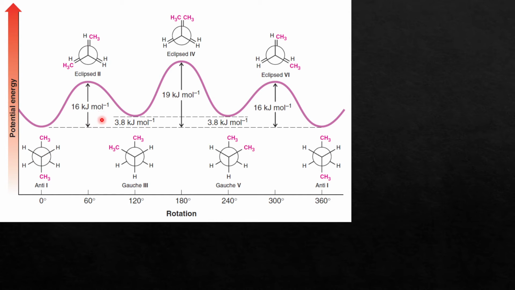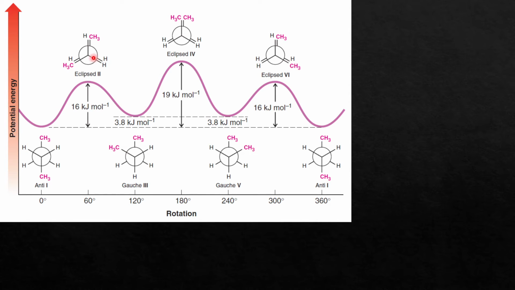On the other hand, this is the gauche conformer. You can see that this gauche conformer also has staggered conformation, but still it has 3.8 kilojoule per mole greater energy than the anti-conformer. This is because there is some kind of steric repulsion between these 2 methyl groups. The hydrogen atoms of these two methyl groups come very close to each other, and there will be a London repulsion force between these hydrogen atoms, or between these two methyl groups. So that's why they have slightly higher energy compared to the anti-conformation.